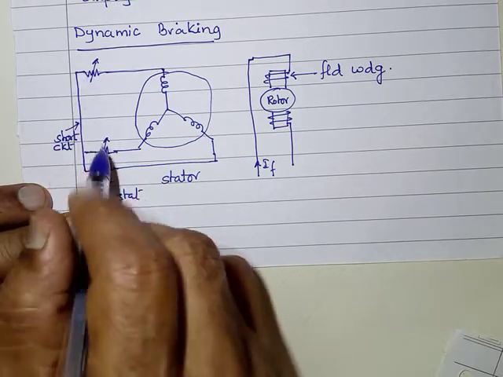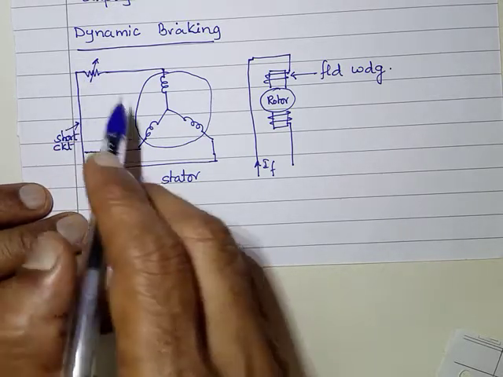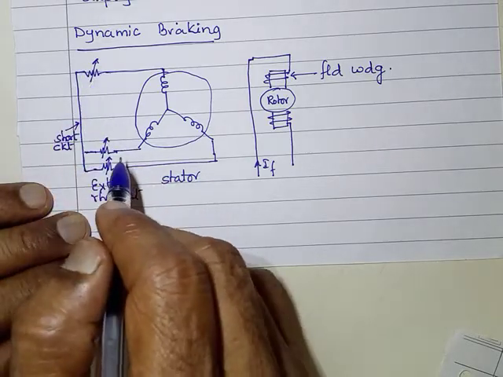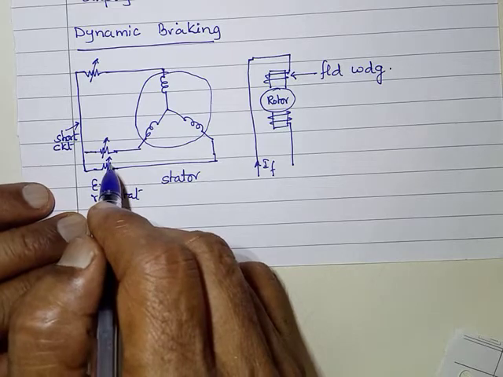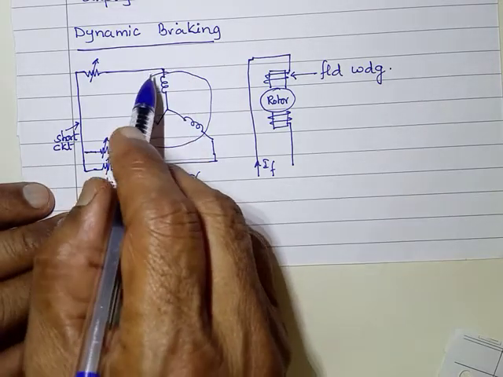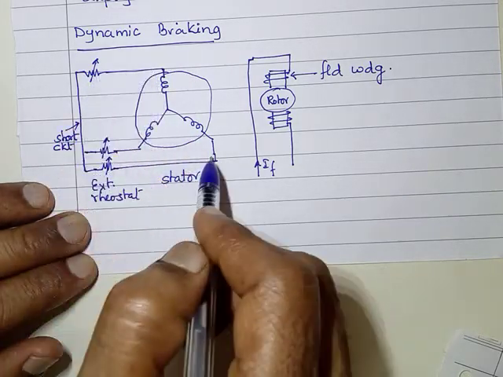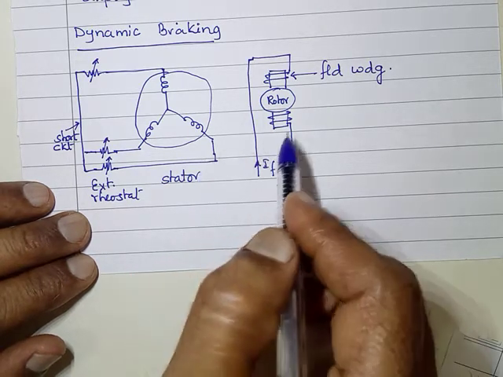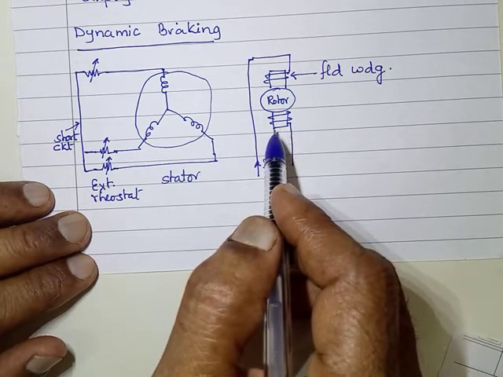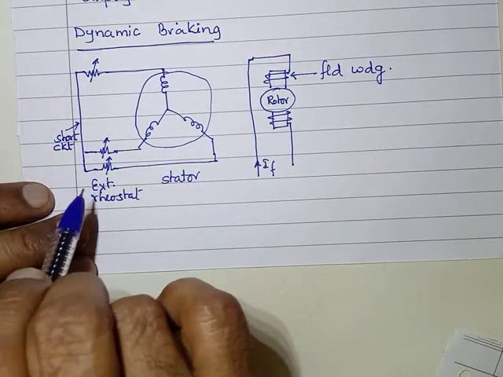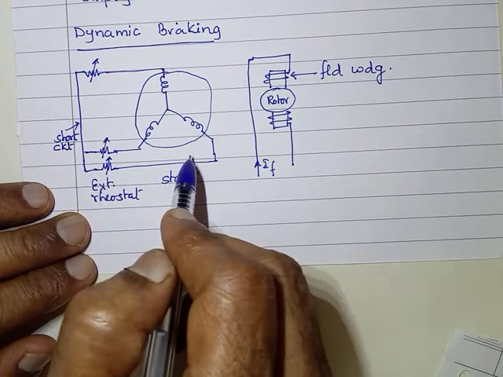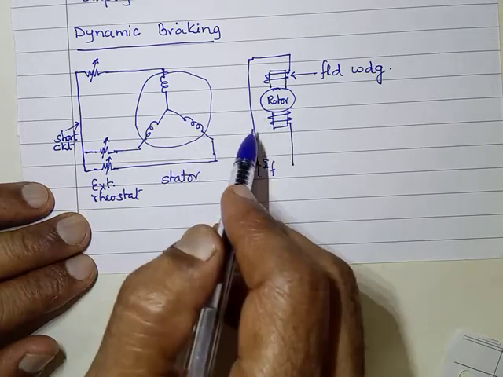By controlling the resistance values of these rheostats, we will be able to control the amount of energy dissipated, and hence the rate at which the braking is happening. That is one part. The second part is, since there is a short here, just at the beginning of the